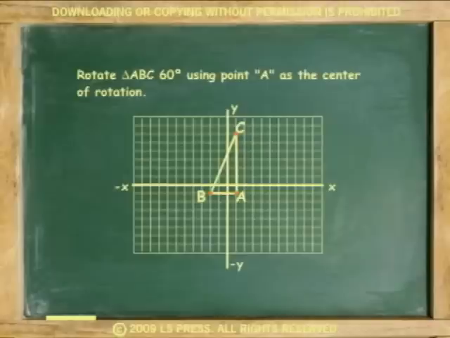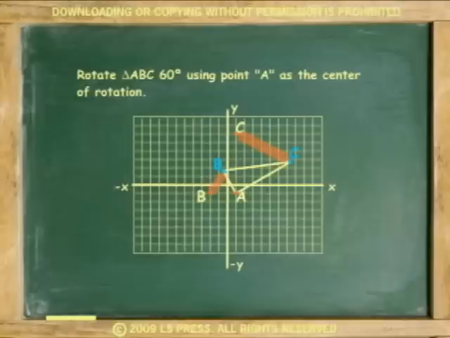For example, rotate triangle ABC 60 degrees using point A as the center of rotation. Remember, rotation is always clockwise. Because the rotation took place around point A, it did not move. However, both point B and C moved. In rotation, points farther away move more than points closer to the center of rotation. Therefore, point B moved less than